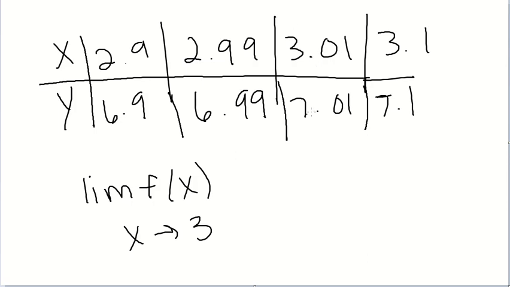So by analyzing this table, we can figure out that as our x value approaches 3, as it gets really close to 3, our y values are approaching 7. And that is a way that we can figure out the limit of this function just based off of the table. The last method we have is a graphical approach, and this is where you might see a few interesting